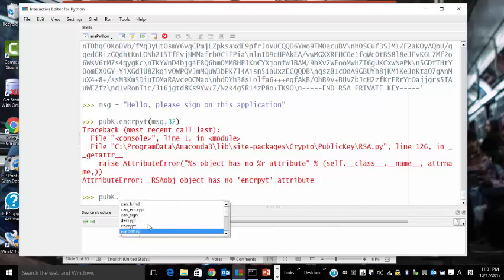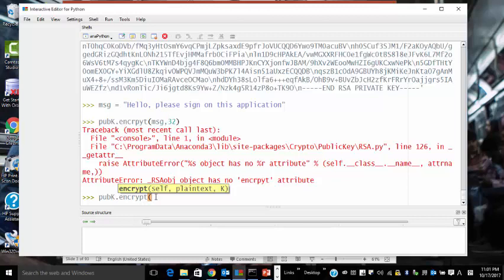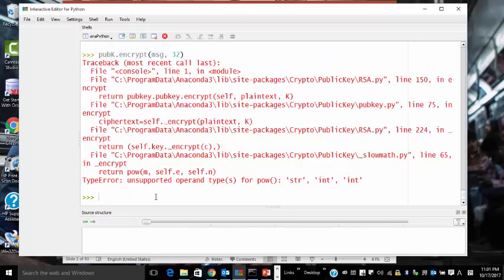Then we can do encrypt, and then message. Okay, so this works, but the only problem now here is that unsupported operand types. See, if you hear this guy goes back to the Anaconda library site package Crypto, and there is